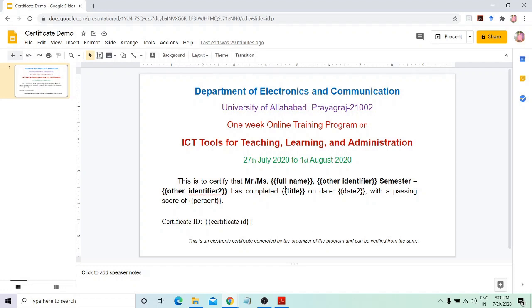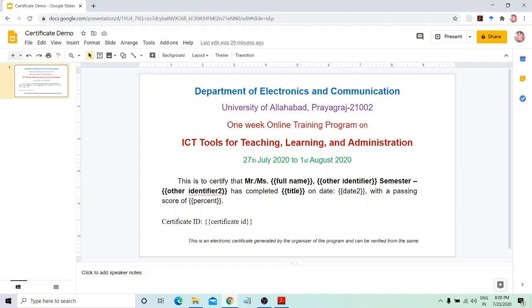You can see here that there are some tags. So for example, these are the tags that you can use for your certificate: full name, other identifier 2, title, date 2, percent, certificate ID.